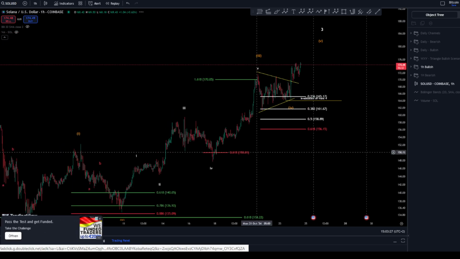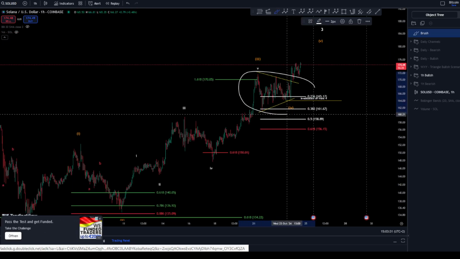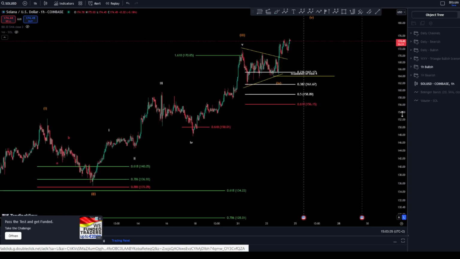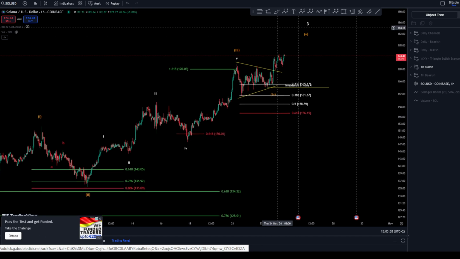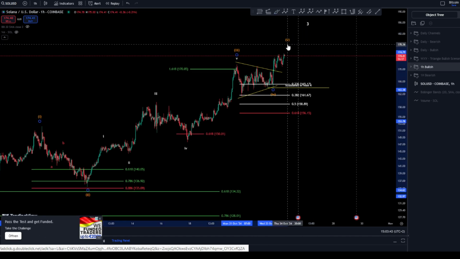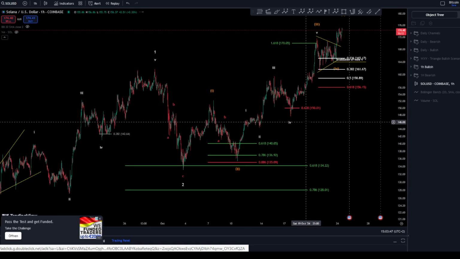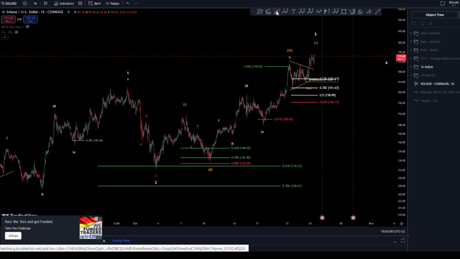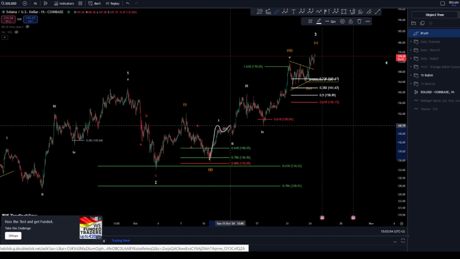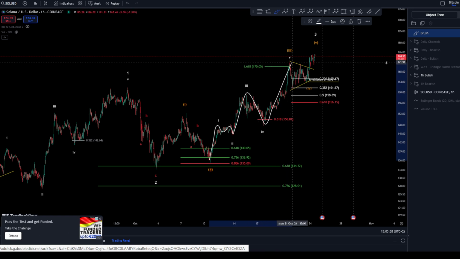Yesterday, I remember I just made this update and I said, okay, we are in a triangle here. If you remember, yesterday's analysis was perfect for a triangle in a wave 4, and here we go. We are looking now for higher prices, and possibly we are finishing a wave here as wave 3. So let's count this a little bit again to make it much more secure, as 1, 2, possibly ABC, okay, 3, 4, and a 5.